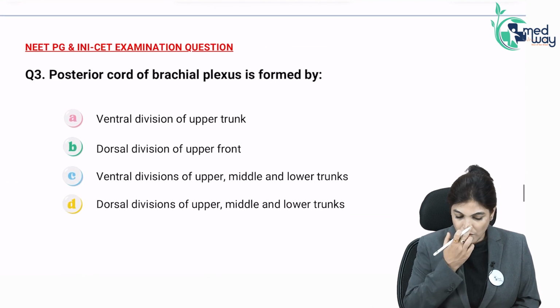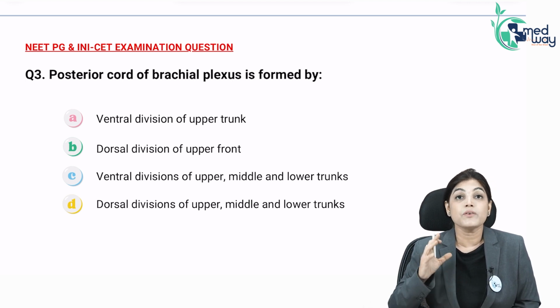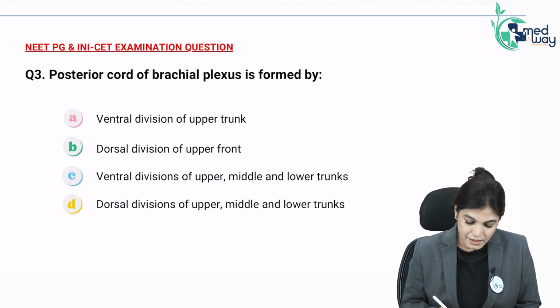Now, I would also like to solve one more MCQ related to previous year NEET-PG and INI-CET examinations: posterior cord of brachial plexus formation. You can see here the question is not concentrated on the branches, but on the formation of the posterior cord. And as already explained, the formation of the posterior cord is via the posterior division of all the 3 trunks of the brachial plexus. So, the right answer is